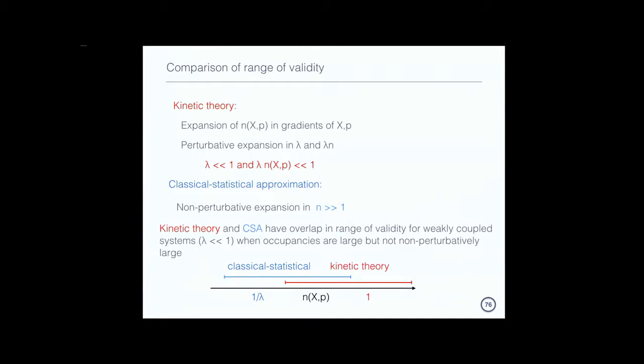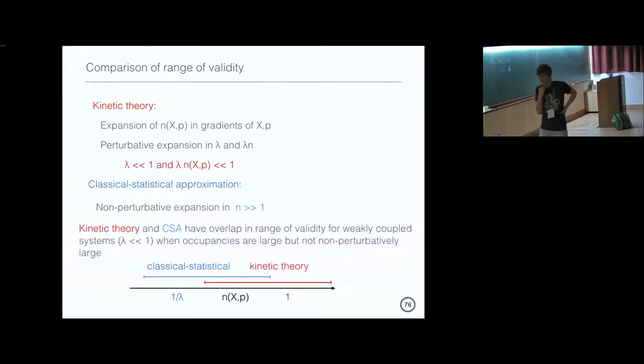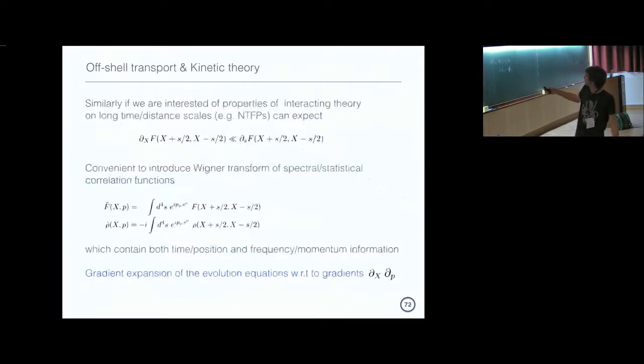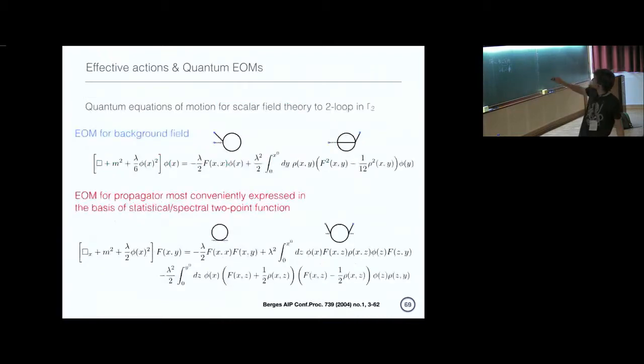You can also write down 2PI versions of classical statistical. Yes, I alluded to this here. Basically what would happen is you would miss powers of the spectral function over the statistical two-point correlation function. That's in essence what happens. So you should not allow this spectral function inside. Well, actually, let me carry on. You'll see exactly where it comes.